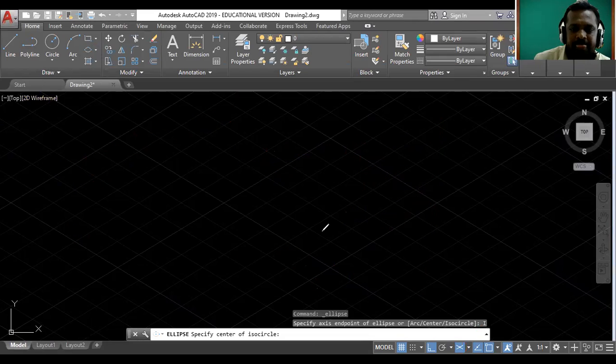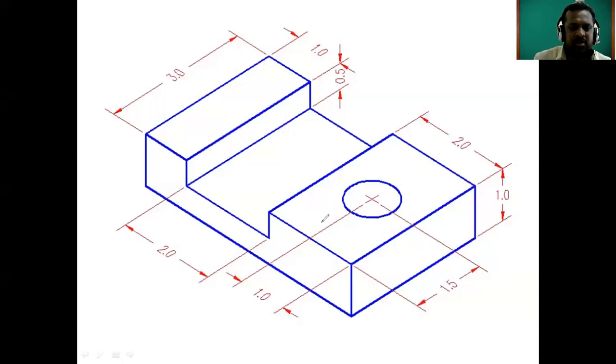Okay, so can I take one example directly here so that you can easily understand. Okay, simple. See, this is a simple isometric drawing, and we have to draw a similar drawing with the help of AutoCAD. Then how to draw? Again, it is a very simple procedure. Again, we have to understand the given figure, which dimensions they have given, and which commands we require. That point we will discuss first here.